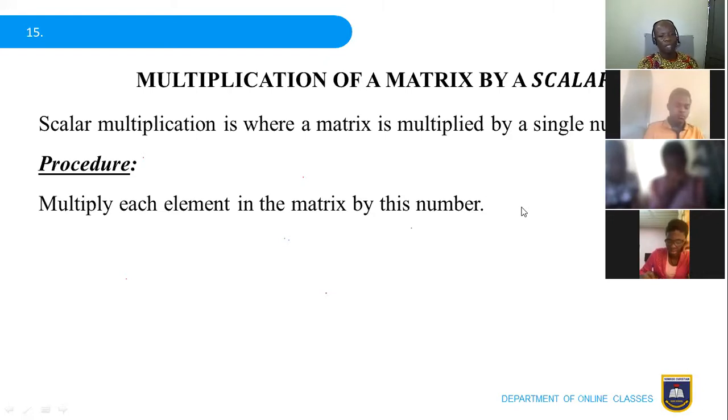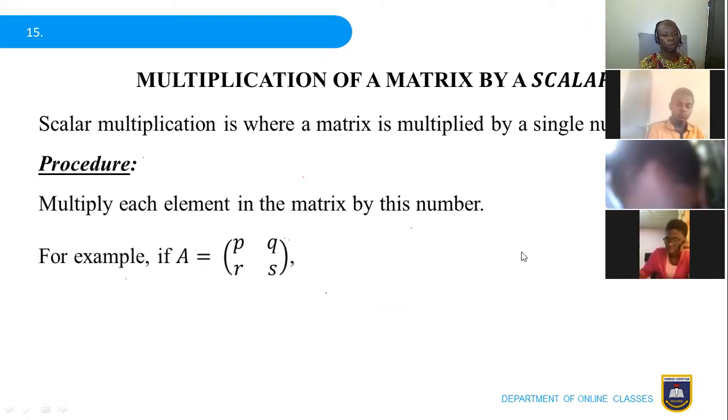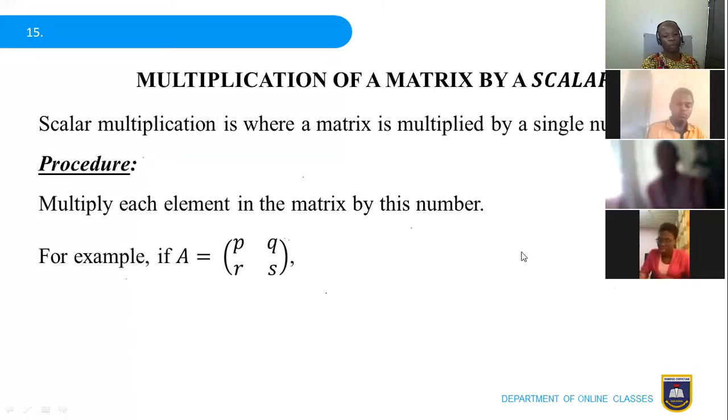Multiply each element in the matrix by this number. So you just pick the number outside the matrix and multiply it by each of the elements in that matrix. That is all. For example, if you have a matrix A equal to